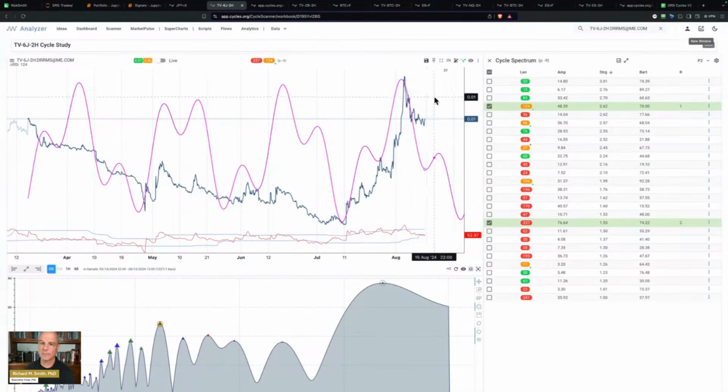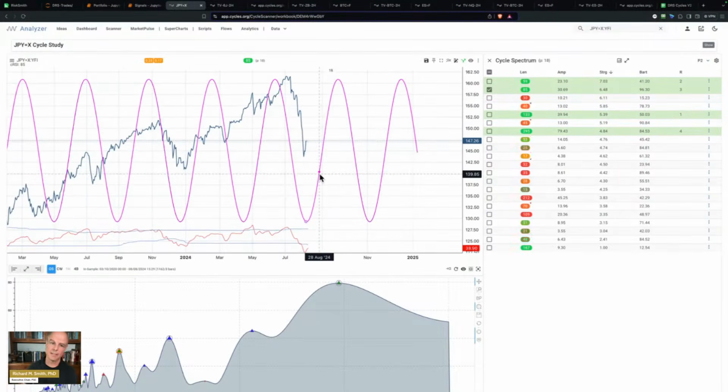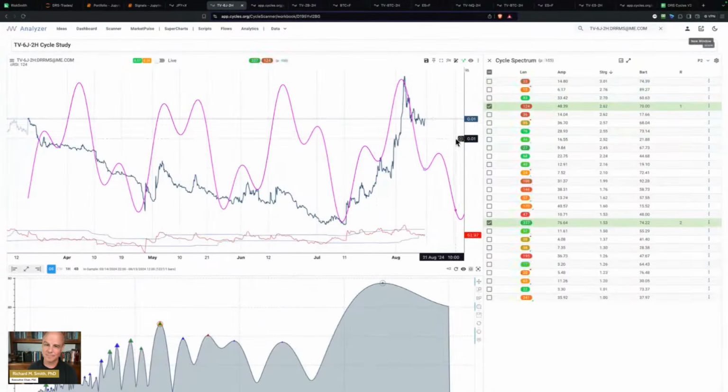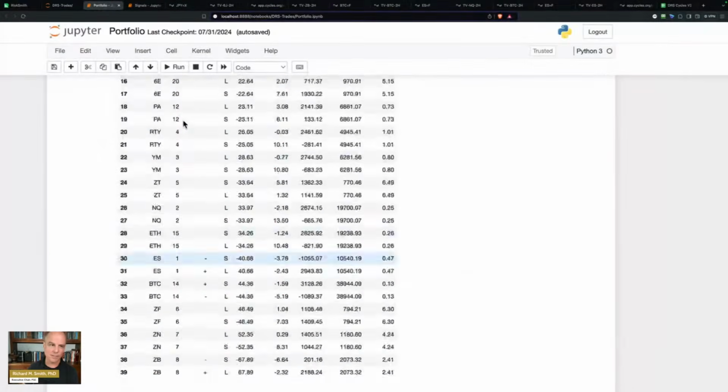So this is pointing for the yen to go up. And over here, with the bottom here, this is pointing for the yen to go down, okay? So sorry about that inversion. It's just one of those things you got to deal with. But a short-term opportunity in the yen while it's bottoming here is something that we might look at. So let's go back here and add one more thing to our portfolio.